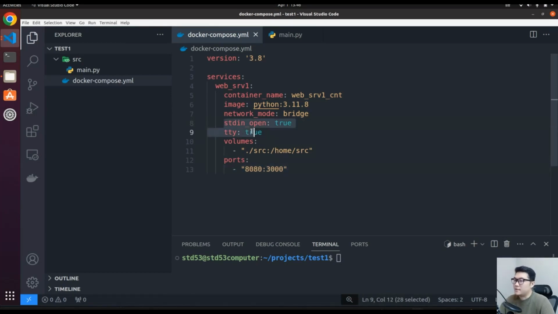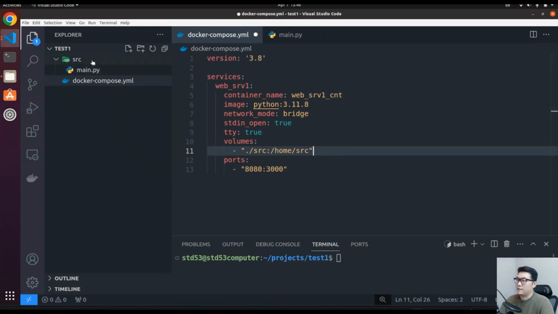And then this stdin_open and tty is the same as this. If you remember from the previous tutorials, we have been using -it to run Docker, like docker run -it. This is to attach this terminal. So stdin_open and tty are for i and t. Then volumes. This is the definition of the Docker bind mount, which I'll be using in this tutorial.